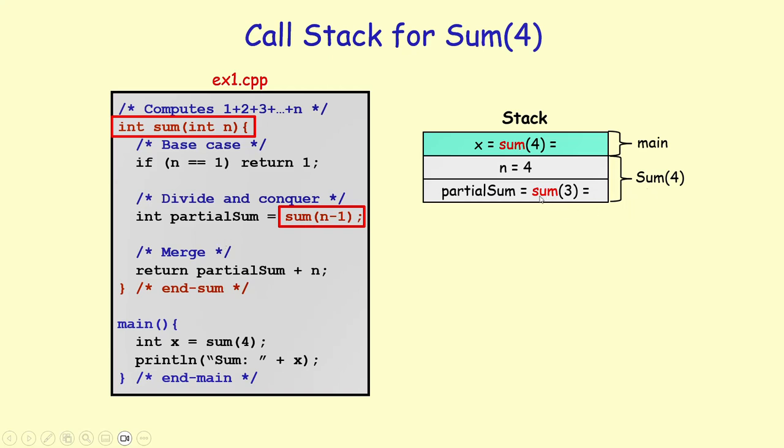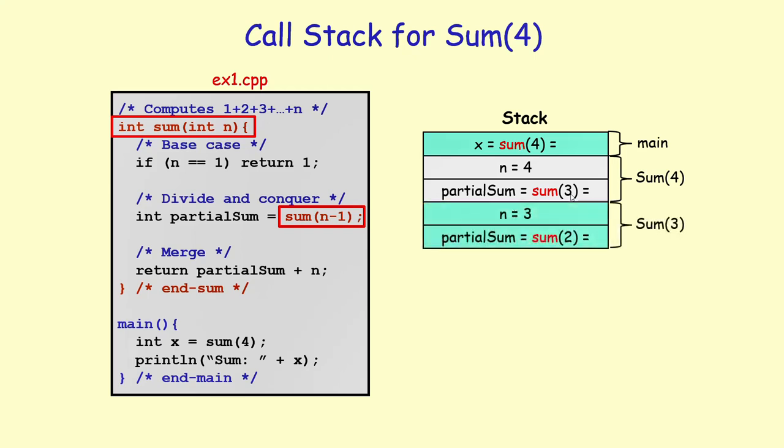But when we come here, we're going to make sum 3. So we are making another recursive call to function sum with a value of 3. So that's sum 3. This time we are allocating space for the invocation frame of sum 3. So the value of the parameter n is 3. The value of the partial sum is still undefined. As you can see, each function call allocates a new function invocation frame on the stack. That's why these parameters and the local variables are different for each function call. They do not override each other.